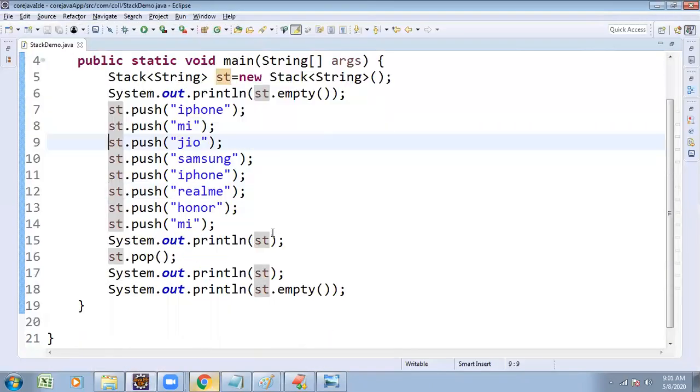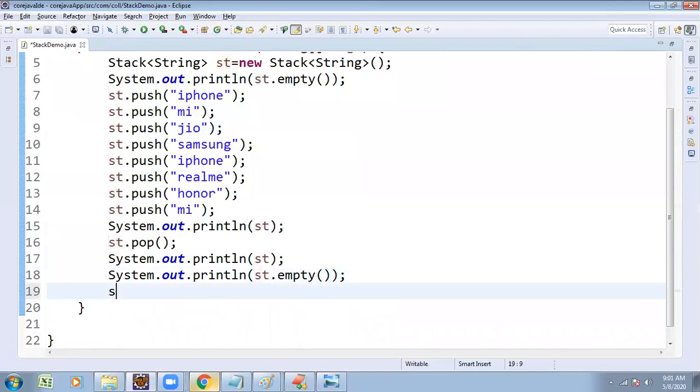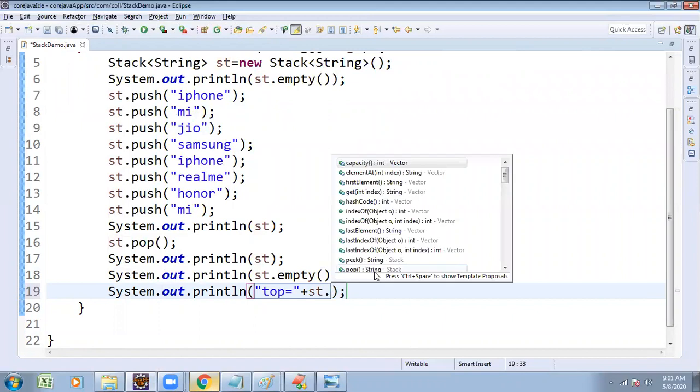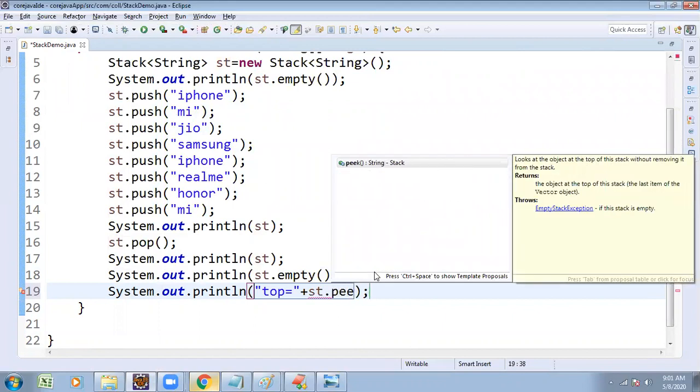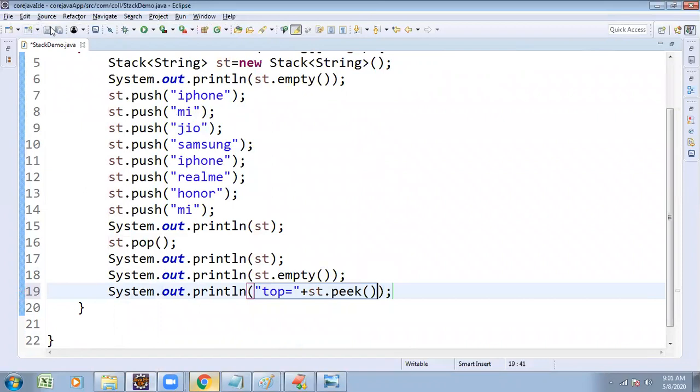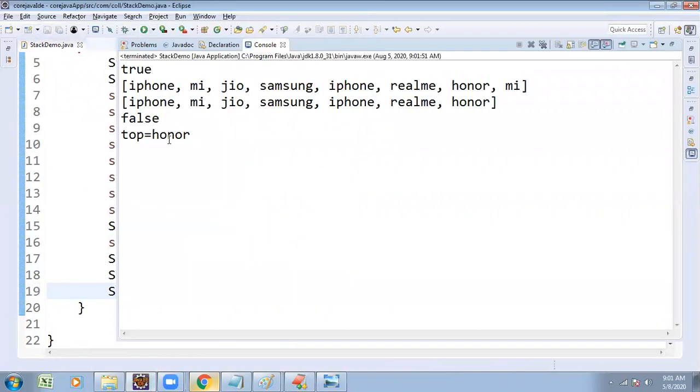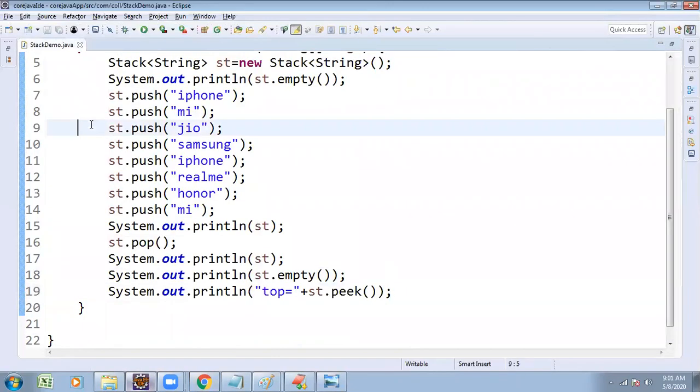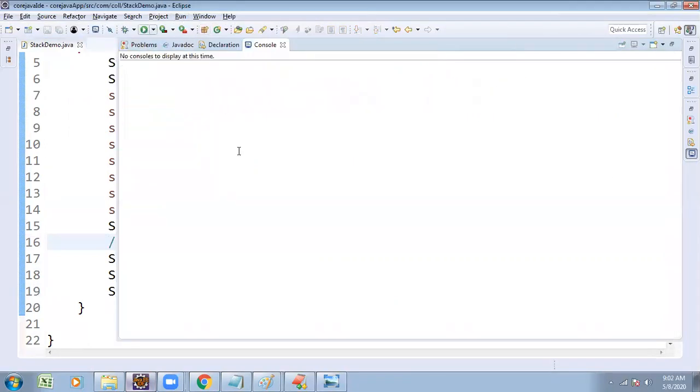I wanted to retrieve the topmost element. For understandability purpose, top element is equal, top is equals to st dot peek method. All our methods are there, just like this. Honor is a top. Suppose you have not done this line of steps. Collections dynamic changes are applied. I said I have not applied the pop mechanism. Previously it showed Honor is the topmost element, but now I have not applied the pop.